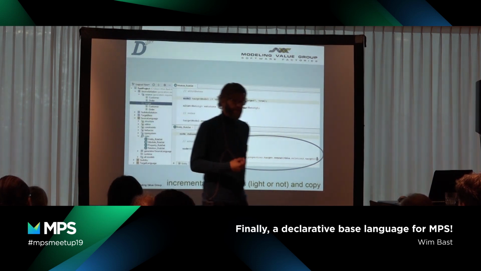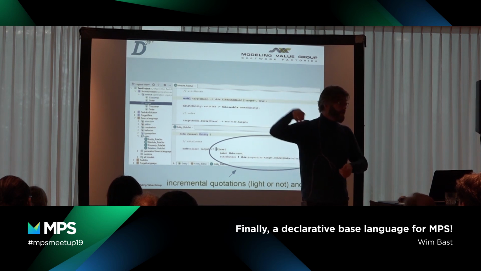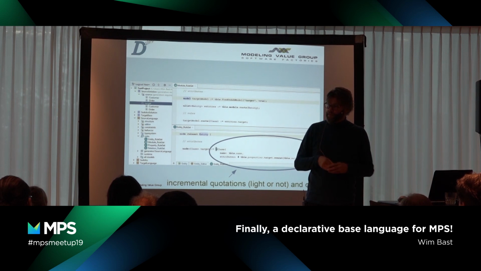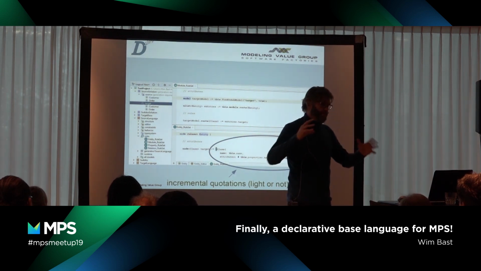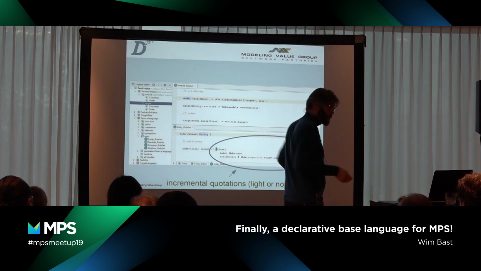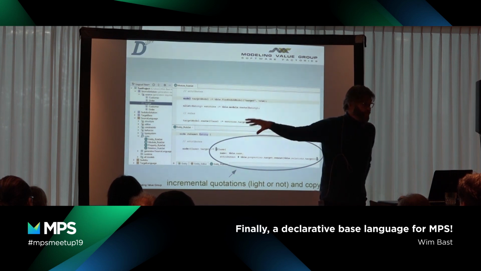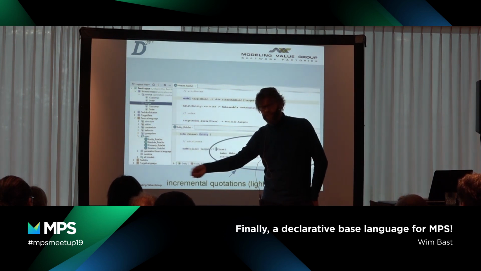And the copy is the same thing. So if you create a copy of something, then you have just a clone, and the clone is incrementally and automatically synchronized with the original. So you can partly transform and clone and do whatever you like, and you do that in quotations or even real quotations. You don't need to have light quotations. So you actually can create a transformation with the target language defined in the syntax of the target language.